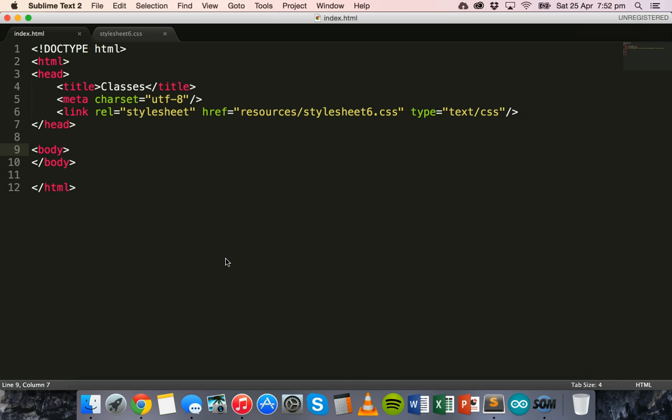And then there's another type of selector which is called the ID selector, and that's what we're going to look at in this tutorial. So an ID is unique for each element. So when we want to have a style that is unique for just one single element, we don't want to use a class. So we want to use an ID. So we shouldn't have any two elements that have the same ID. If we have two elements that use the same ID, then you can run into problems when you start using